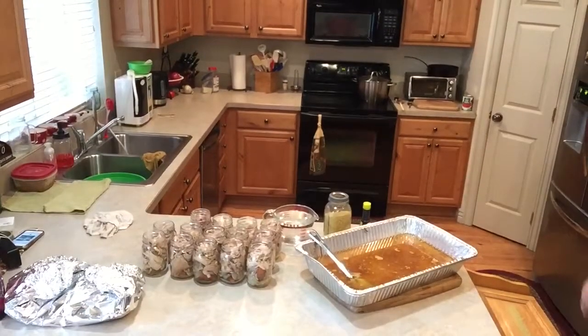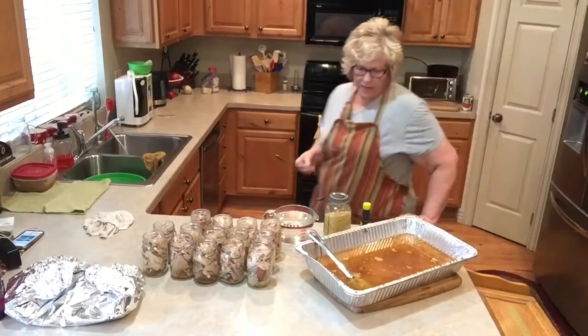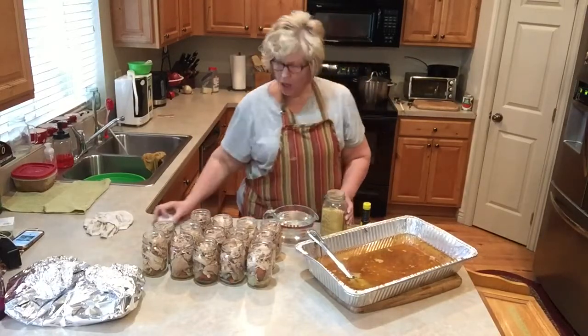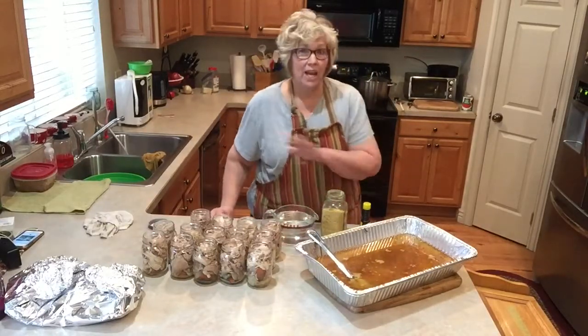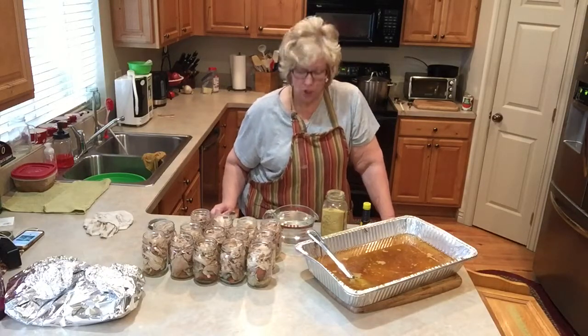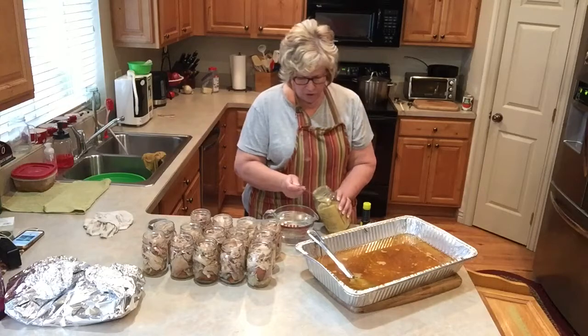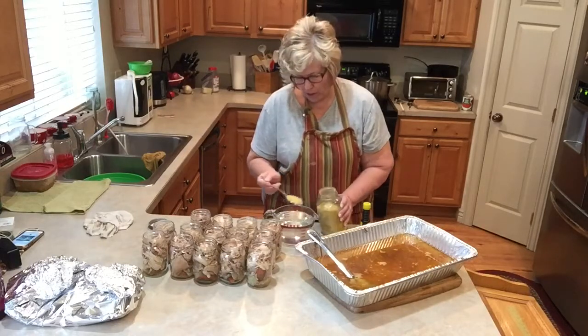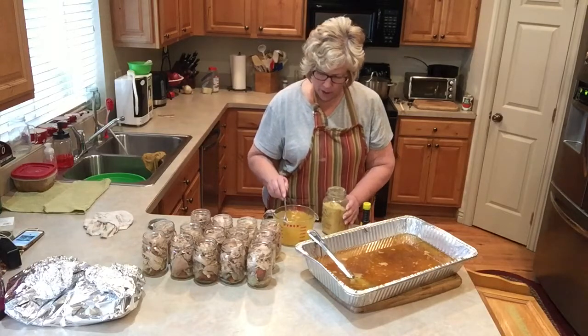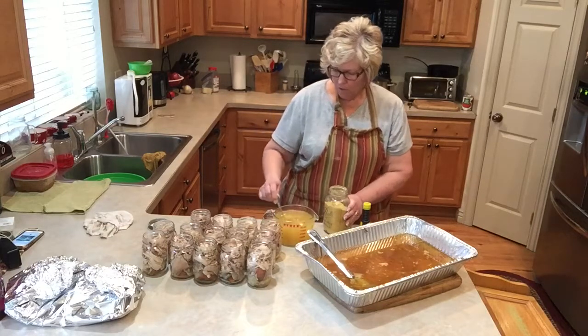Okay, so I've got everything wiped up a little bit, and I've decided that I probably do need a little bit more liquid. The drippings, I have not removed any of the fat or anything from the juice from the turkey, because in our food storage, I think we're going to want that extra fat in there to help extend. So I'm just going to make 4 cups